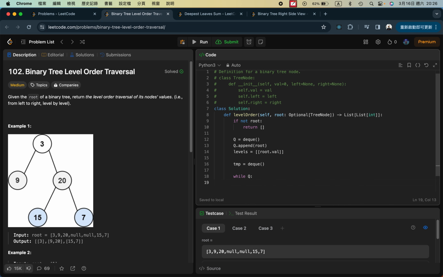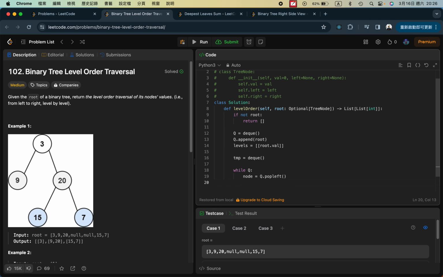So we can pop out from the queue, and we can use the pop left to get the data, and check if the node has the left node. We can put it into the temporary queue,